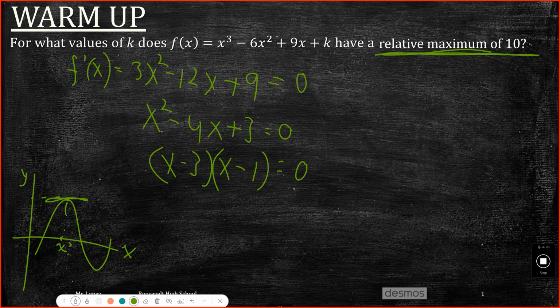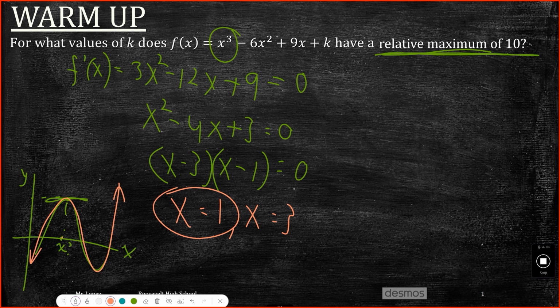So third degree functions do look like a sideways s, no? They look like a sideways s. It's positive cubic. So probably x equals what? x equal to 1 and x equal to 3. So where should it be? Which one is it, 1 or 3? 1 because it's the leftmost. You could test it, no? Do your test to figure out which one it is. But it is 1. And once we figure out that it is at x equal to 1,